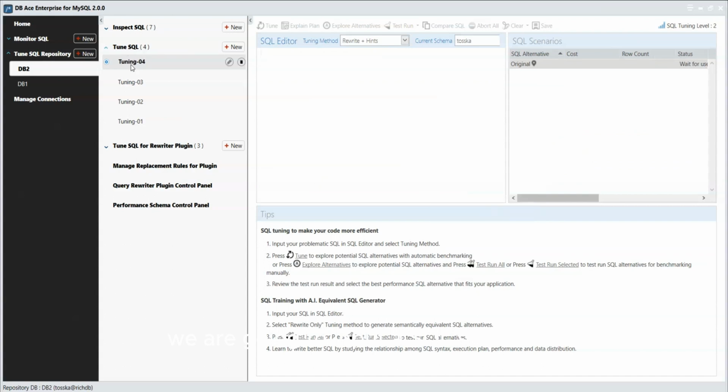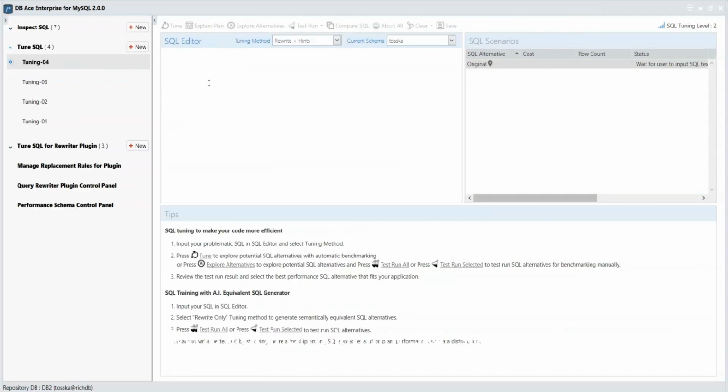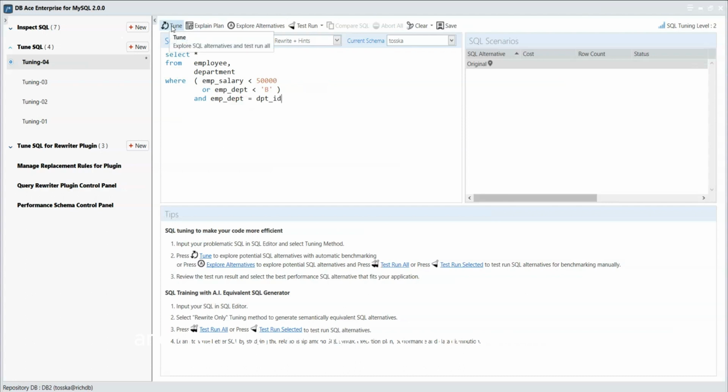We are going to input a SQL statement. If you got a problematic SQL statement, you can paste it in SQL editor, and then you can press the Tune button here. The Tune SQL function will help you to optimize the SQL statement automatically. Before we press this button,